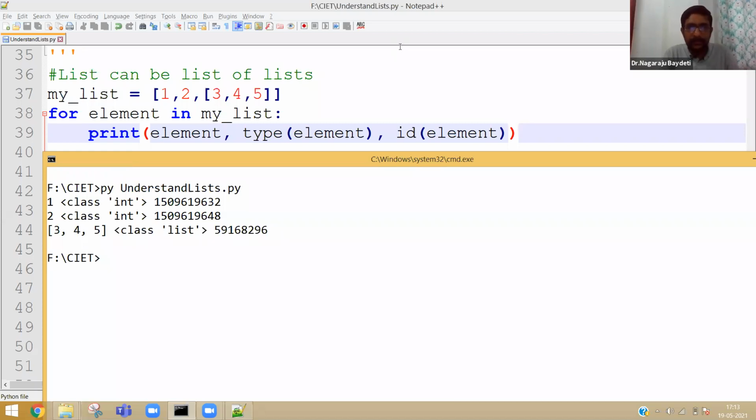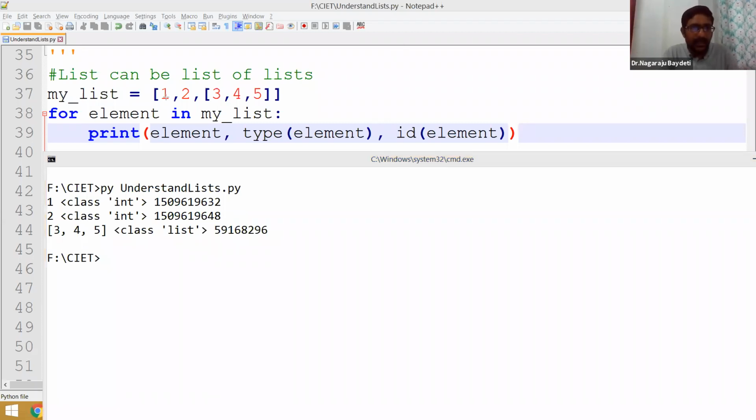For example, see here, 1 is obviously an integer object. 2 is also an integer object, but 3, 4, 5, because it is a list, it is giving me as 3, 4, 5 at a time as class list in one place.